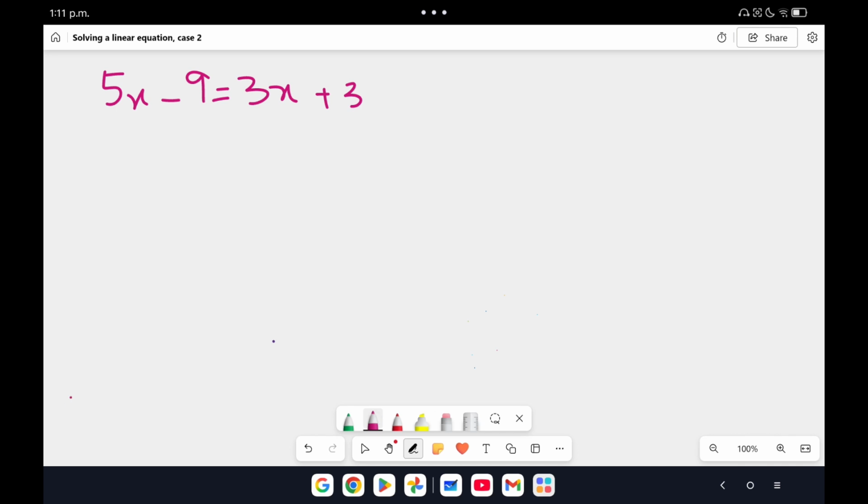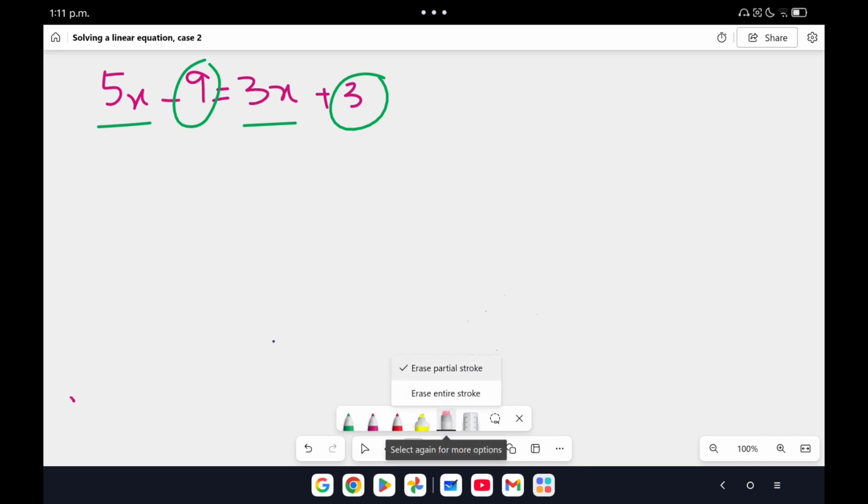So the task is the same, we need to solve for the value of x, and in order to solve for the value of x, we'll again use the rule of inverse operation. You can see that on the left hand side it's 5x and on the right hand side it's 3x. On both the sides we have x present. Similarly, on both the sides we have constants too. So initially our task would be to solve for the value of x, and we'll apply